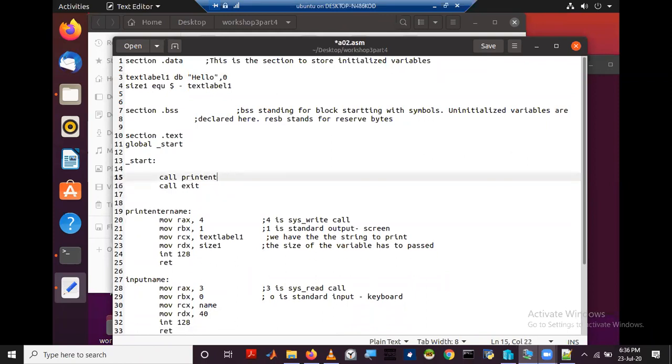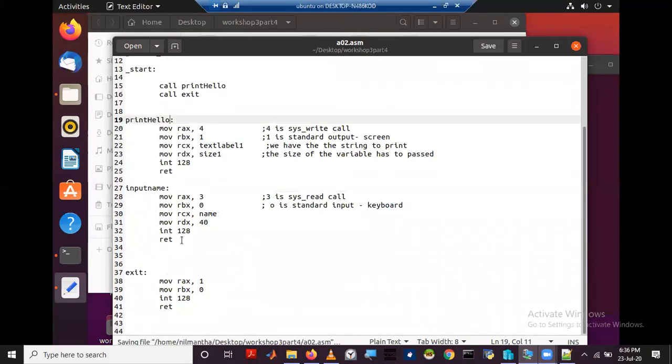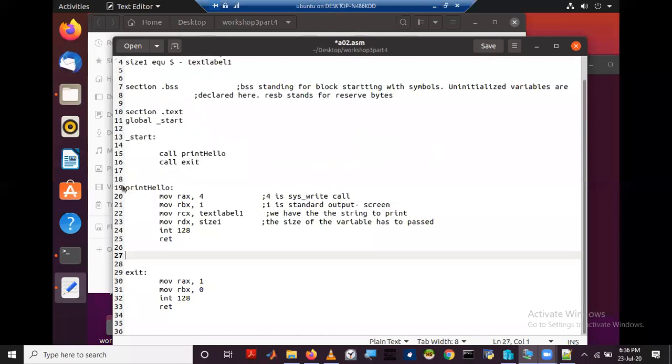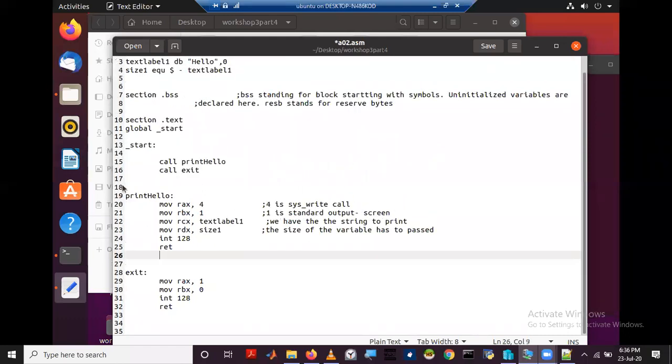You can use any name you want, but I'll use print hello. So I'll rename this subroutine as print hello. And this one I don't want. Right.